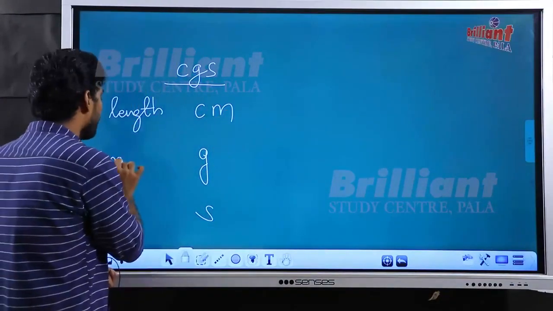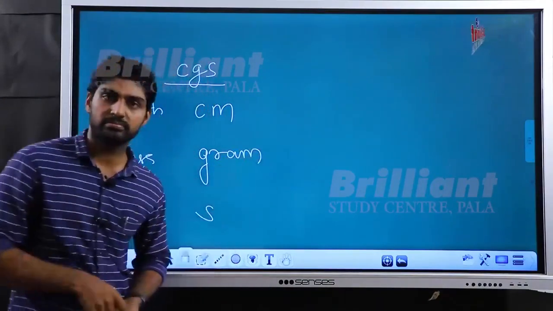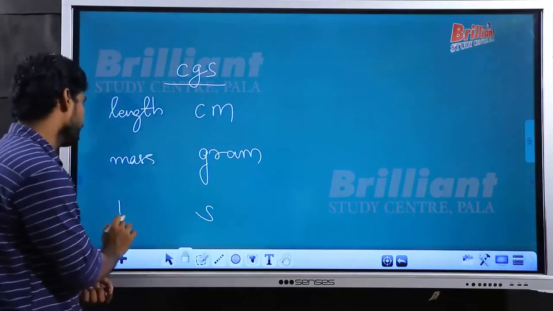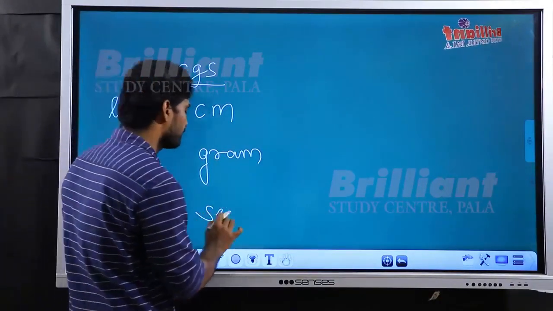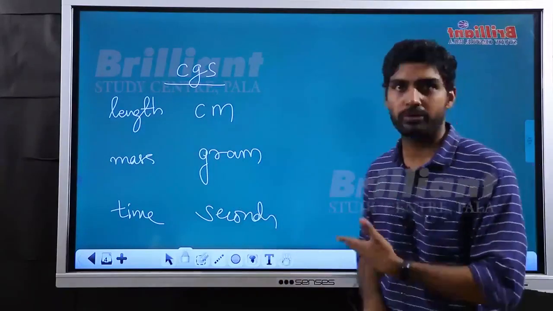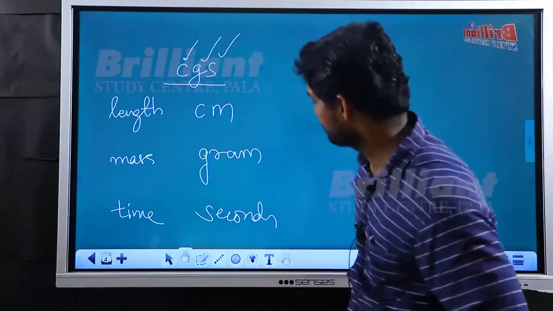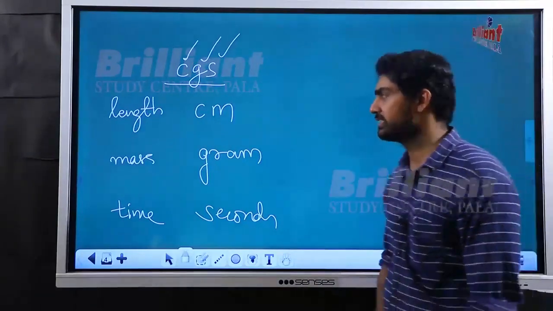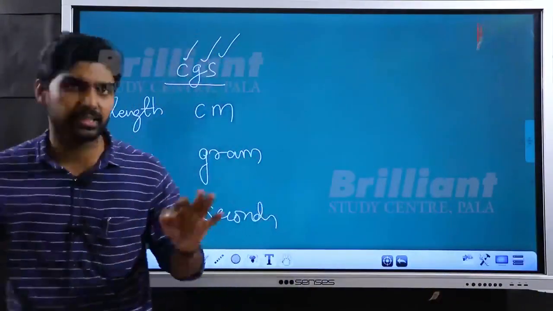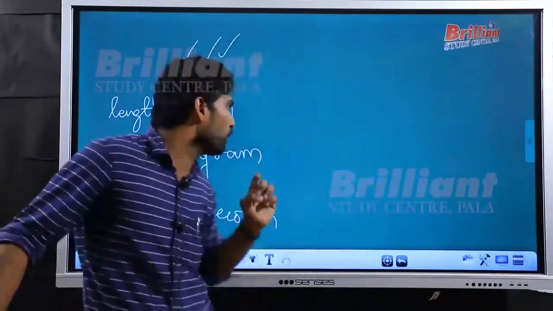The unit of mass is gram. And the unit of time is seconds. Simple. It's not rocket science. You can simply say CGS: centimeter, gram, seconds. So you can clearly see that the system is named after what units they use for